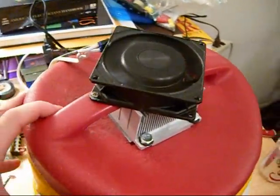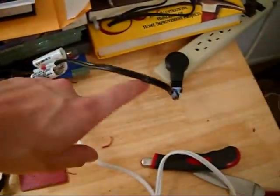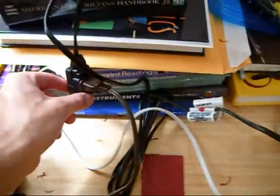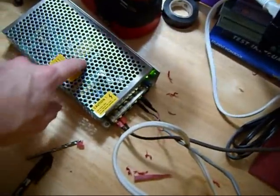Alright, here's everything. It's all plugged in. I've got this alternating fan, which is right here, this white cord that's plugged into this. That's the switch. It's on full throttle right now. It's not going to go off. All this switch is just plugged into that power strip right there. And this goes to my DC power supply. And my DC power supply,